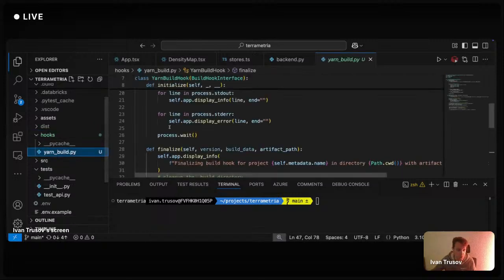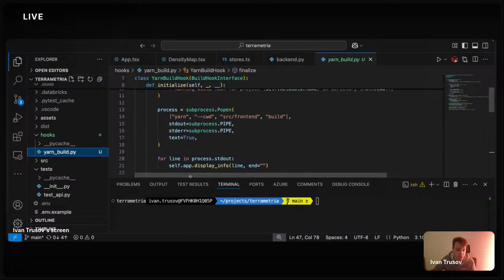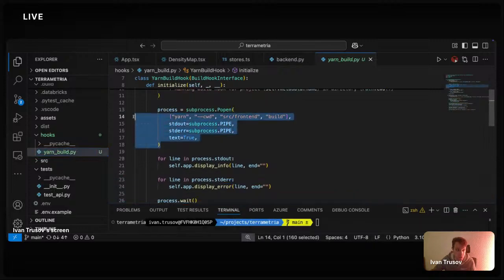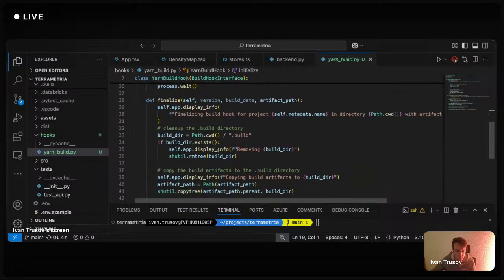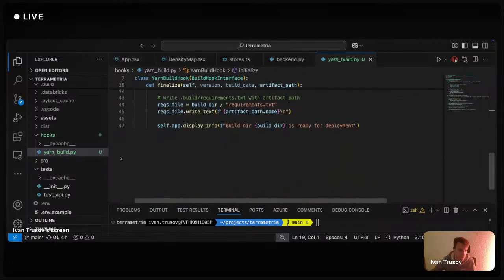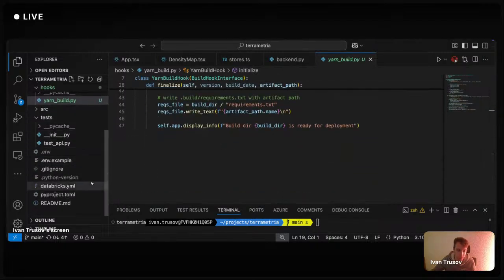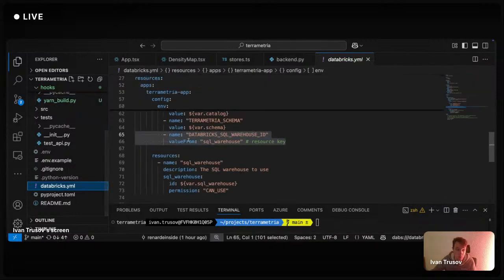So what I can do is quickly add a custom hook here, which, during the build of my Python wheel, will practically generate all the necessary static materials. It will use yarn to generate all the necessary static materials. Okay. And yeah, this is practically the deployment logic for my application, right? So I can easily pack this up into a databricks.yaml file.